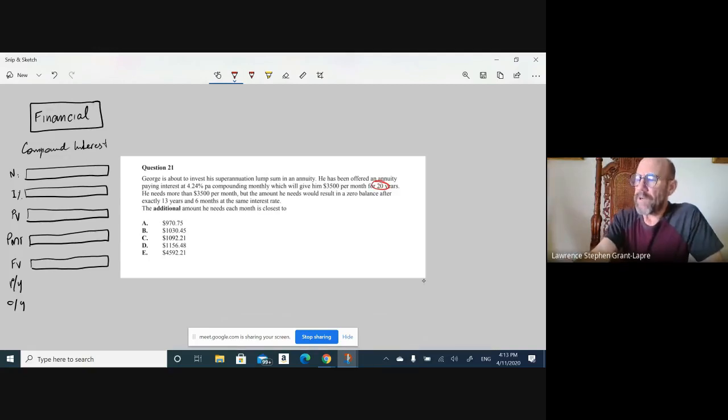Because we've got 20 years, I have to put 240 months, because 20 times 12 is 240 months. The interest rate is 4.24%, so we just put in the annual rate, 4.24. The present value we don't know, because this is how much we have that we are going to invest as our lump sum. That's what we have to work out. Our payment will be $3,500